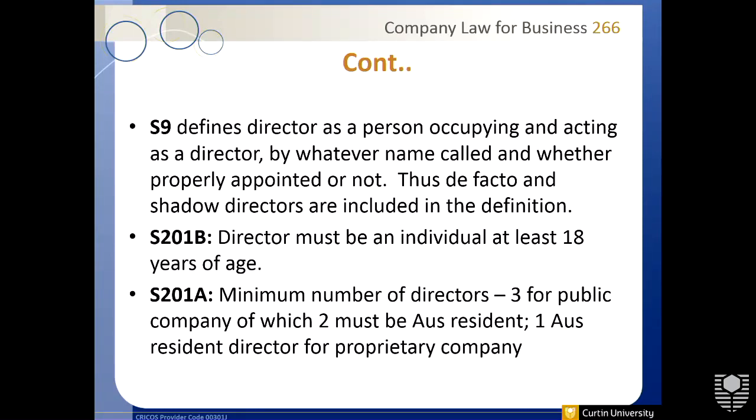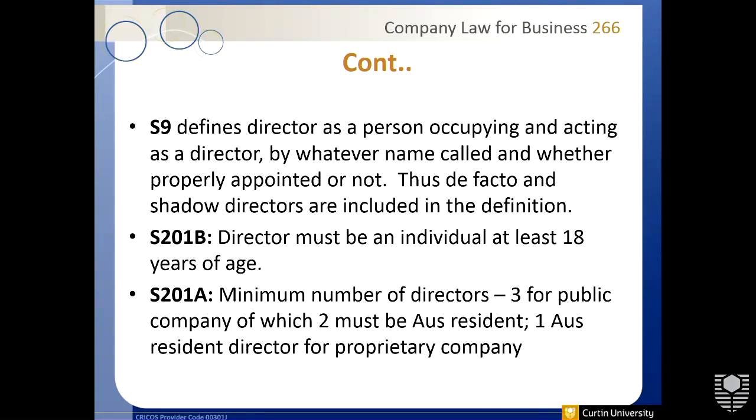In another situation, you are not appointed as a director, you are nowhere in the building or anywhere in the company, but other directors in that company always follow your instruction. All right, always follow your instruction. Now, these directors are known as shadow directors. All right, shadow directors, they're not there. They don't make the shots, they don't call anything, but they actually direct the appointed directors to do the calls and the shots. This is a shadow director.